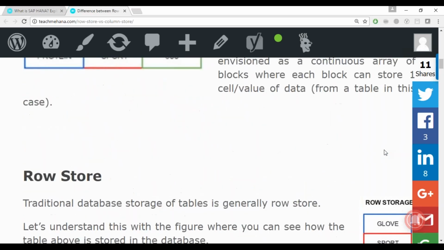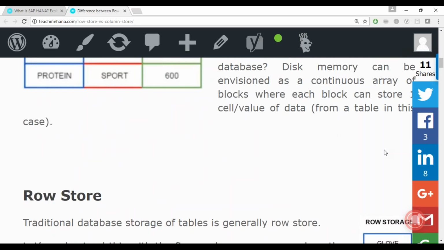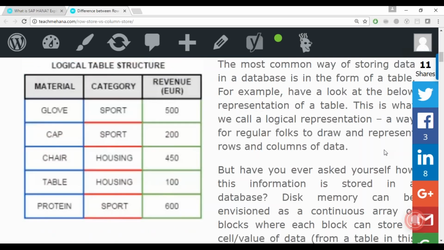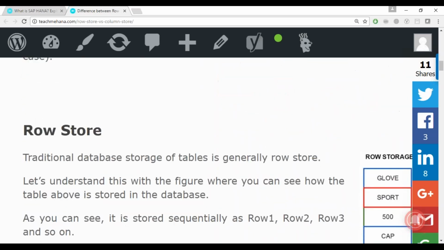Rows are called tuples in database terms. If you hear the word tuples, that is also a fancy way to say rows. Some people prefer that, it makes them look more intelligent, but you should know that. This is a standard way of storing things in any database apart from in-memory databases.